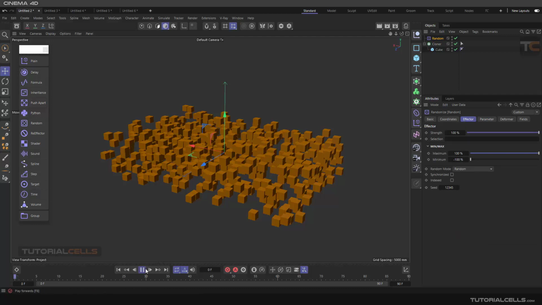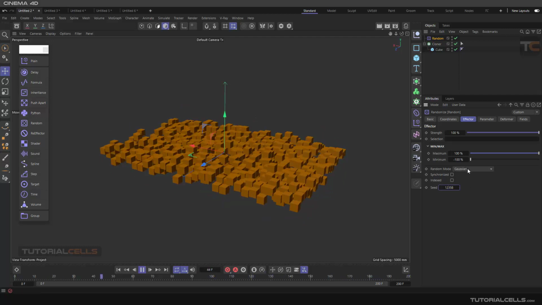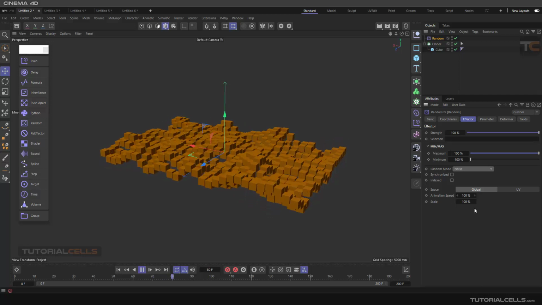As you can see, if you activate the animation and increase the number of frames, we just have a still cloner here. But some of them have a different randomization. For example, the Gaussian has this difference. You can change the seed for that. But as you activate noise, we have an interesting animation. We have an additional